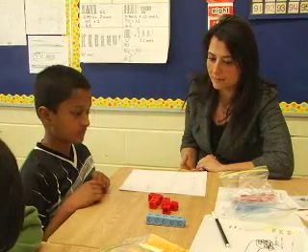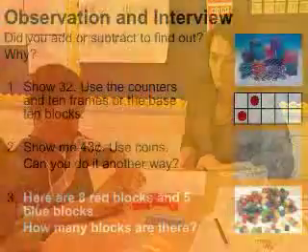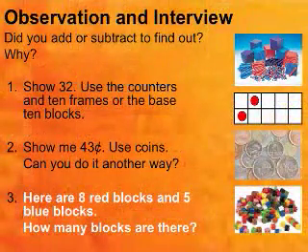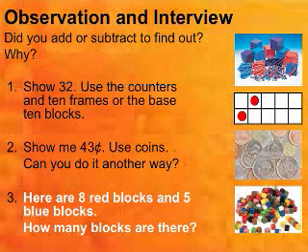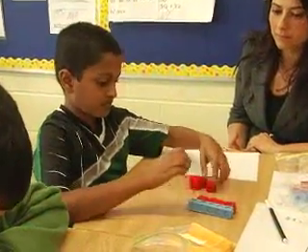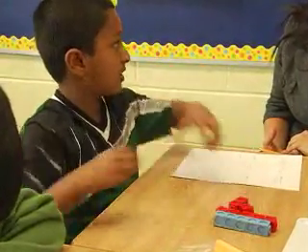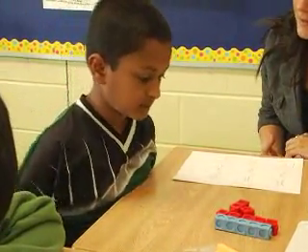You might do something even simpler back with one-digit numbers. So you might be interested to see if you had colored counters, if they could represent some addition or subtraction situations. So you might say, here are 8 red blocks, and here are 5 blue blocks. How many blocks do I have? And you might ask them how they found out. And so you'd be interested in whether they told you that they added or subtracted, or whether they even used that vocabulary. How did you know there were 13 blocks?